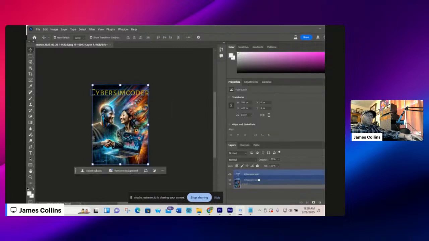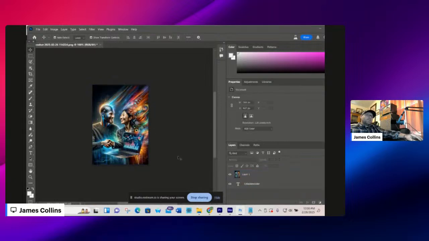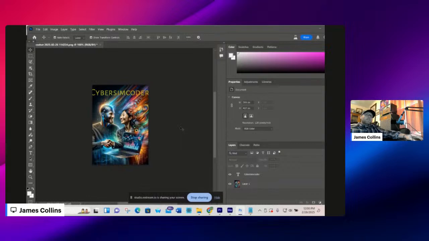If I pull this down below the image, now guess where the text is? It's behind it. So if you're having problems with editing graphics in Illustrator or Photoshop, chances are it's in this window called layers. Just simply pull your text above it. Then you can start doing all of your different